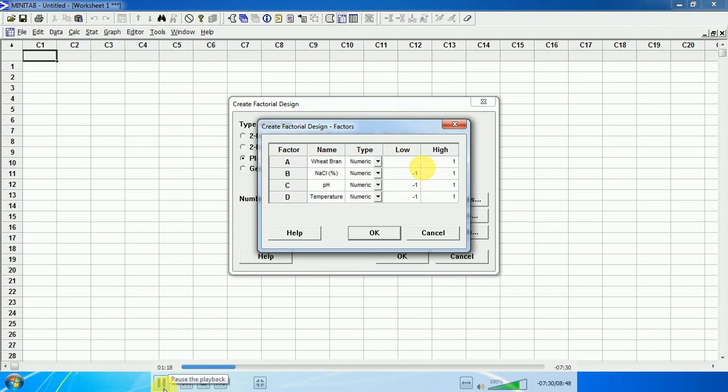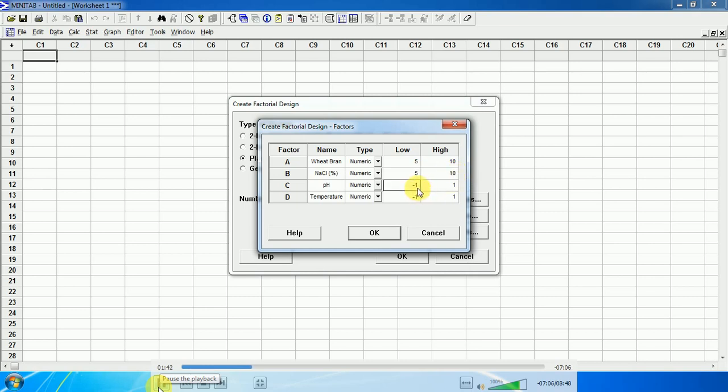Suppose for wheat-bran the lower value is 5% and the higher value is 10%. For NaCl the lower value is 5%, or we can express NaCl as molar concentration, but we will express it here in percentage concentration. So 5% and 10%.